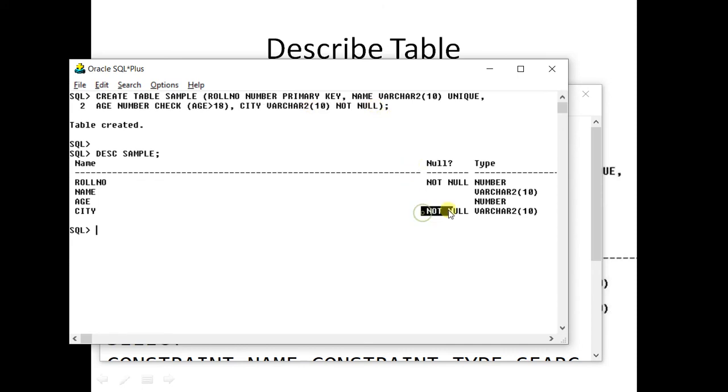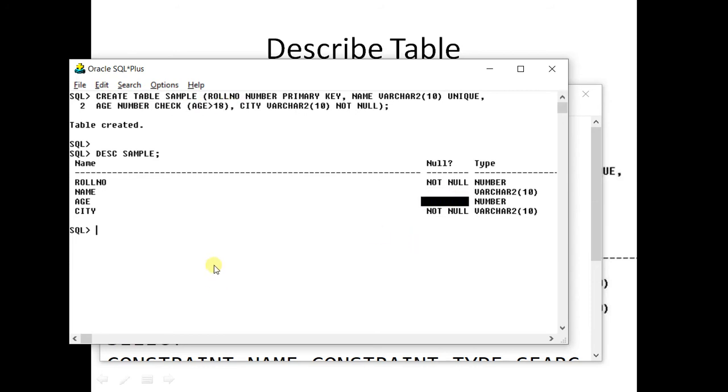You cannot tell which not null is primary key not null and which not null is not null constraint. Similarly, if you look at name, we have applied unique, but it is not displayed here, and on age we have applied check and it is not displayed.